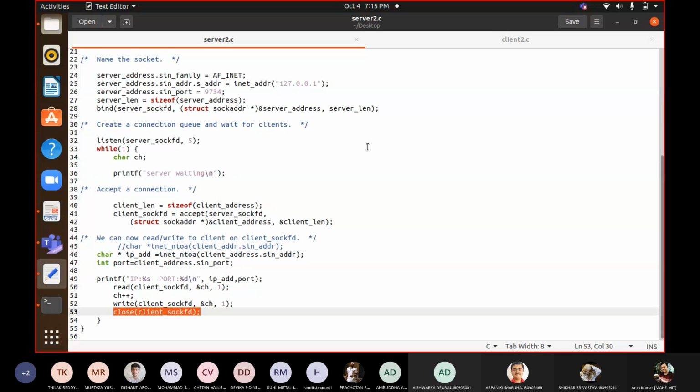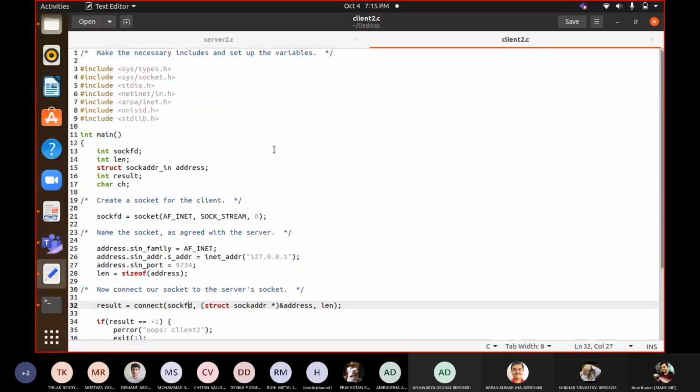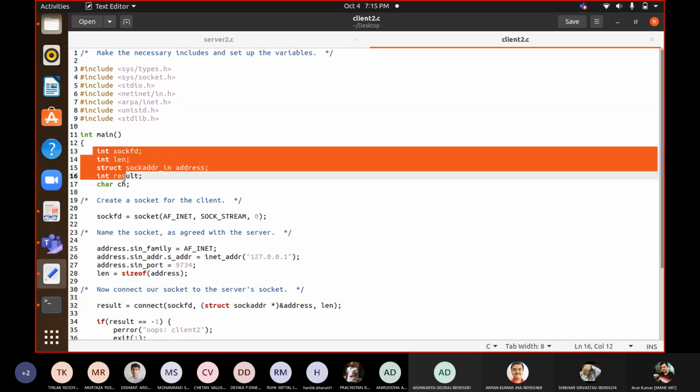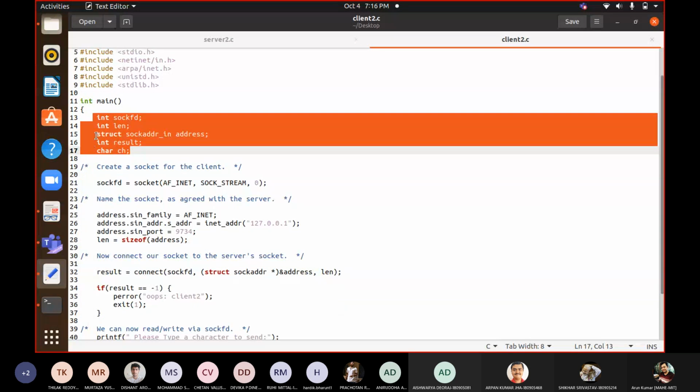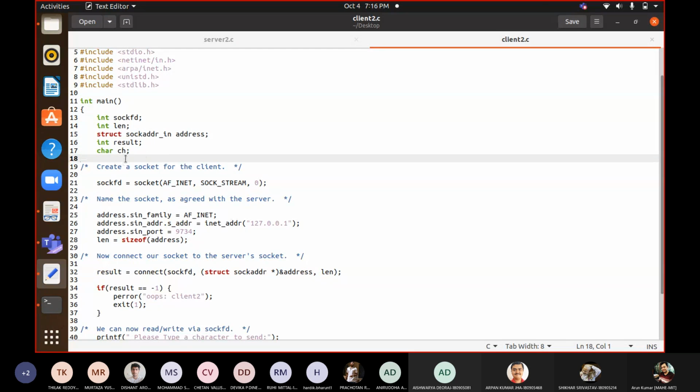Now at the client side, the idea is first we will create a socket. Second, we will straightaway go for the connection establishment. And then finally, we will invoke our read and write operations. So it is simple in comparison to the server side, so I will not go into all these details. I will share the program with you so that you can go through it, and what I assign you, you can do. You have to just manipulate the same program for another program. I will give you different logic. Just understand; I'm not re-explaining all these variables at the client side.